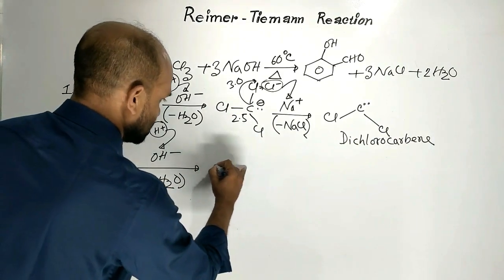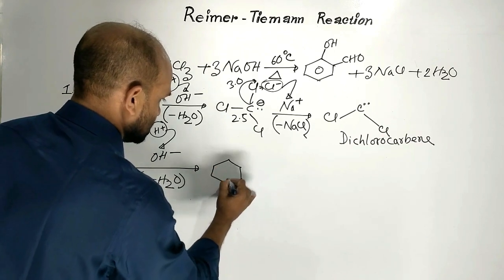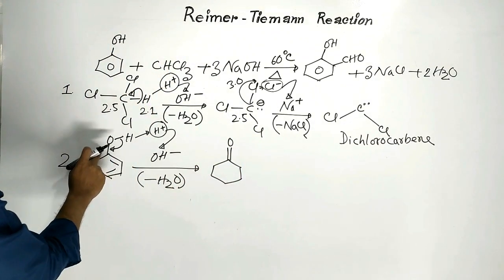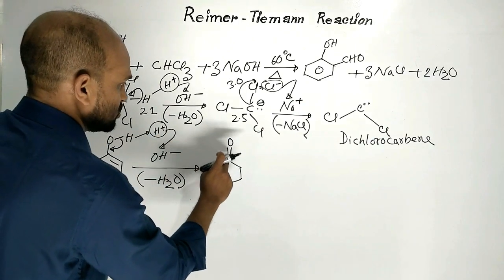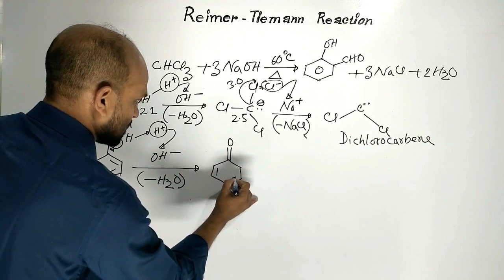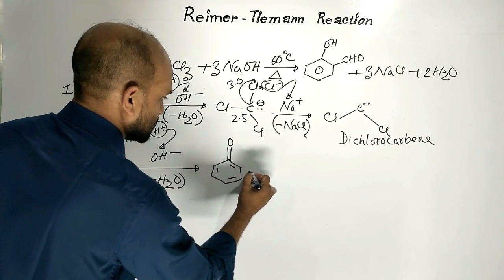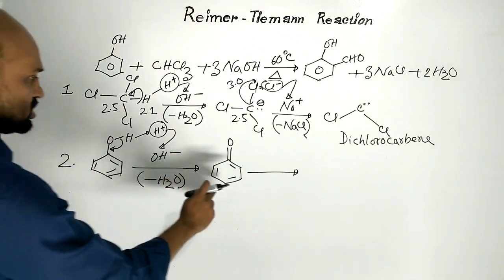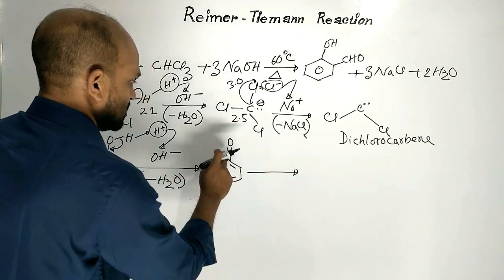Here we obtained this entity, double bond. Here the carbon-oxygen single bond turns into a carbon-oxygen double bond. Here double bond and here double bond. Now we can show it in two steps. Here